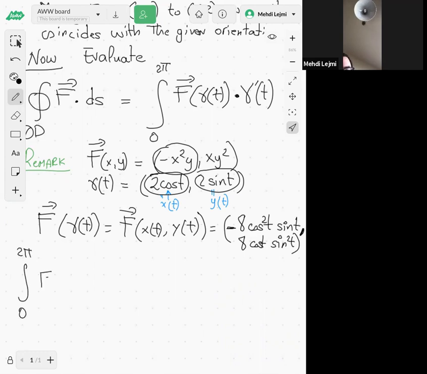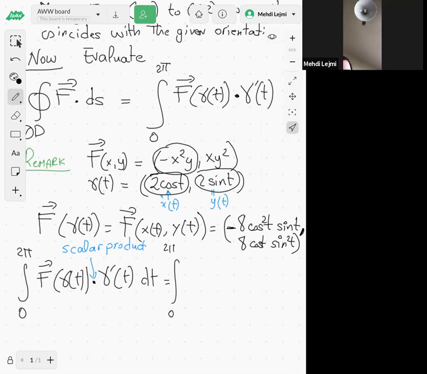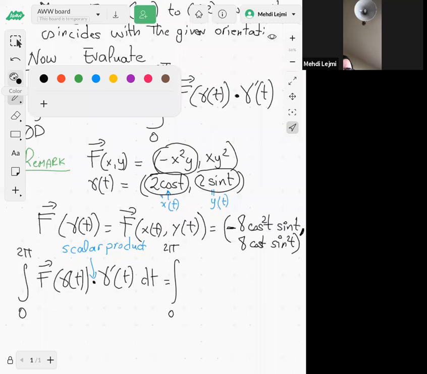So f of gamma of t, scalar product. This dot here means this is a scalar product, because f of gamma of t is a vector, and gamma prime of t is also a vector. Gamma prime of t is supposed to be the tangent vector to the curve gamma of t, dt. So that would be equal to,